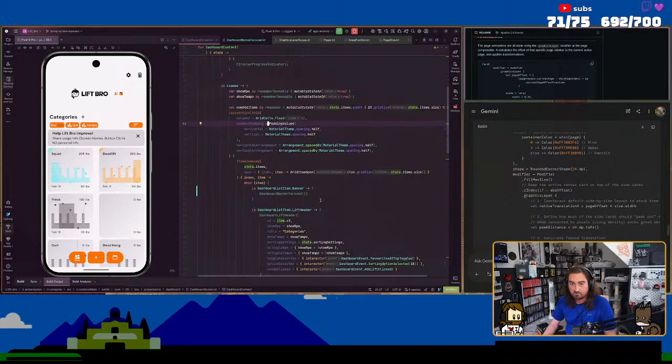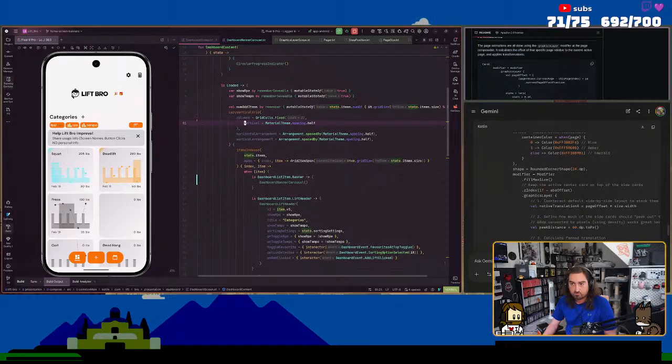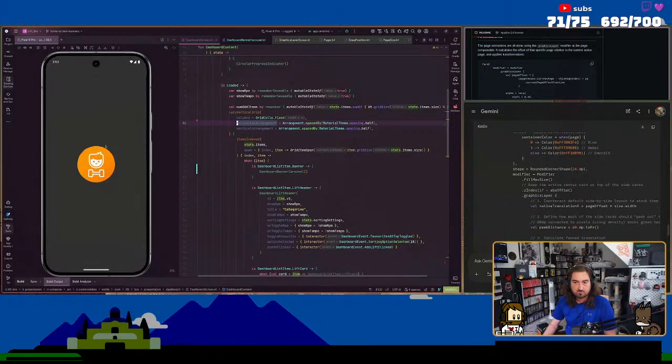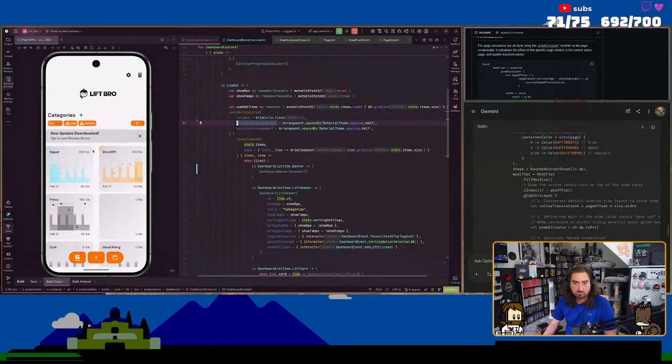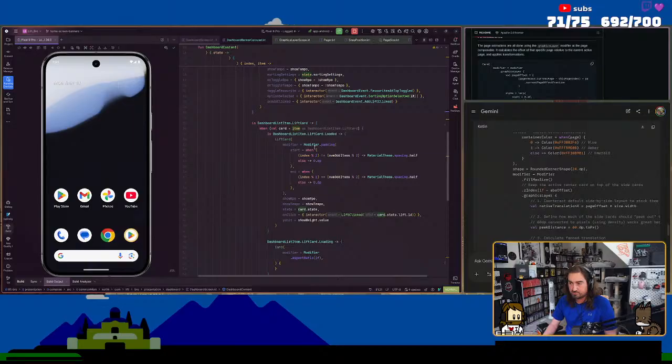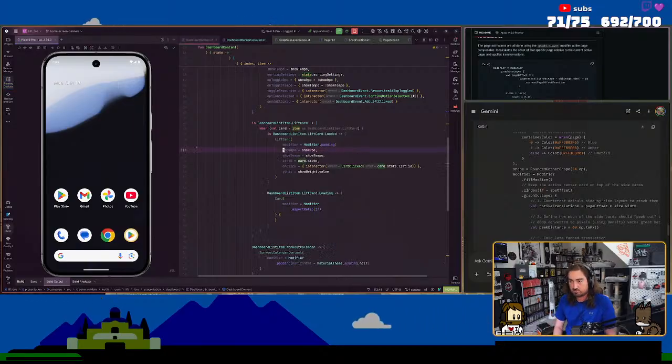So what if I were to get rid of all of this content padding? I think then this would look fine, but everything else is going to look a little janky. Yeah, so this looks fine now. But then we have the dashboard items, which just have weird math for it anyways. So this actually might solve a bunch of things.